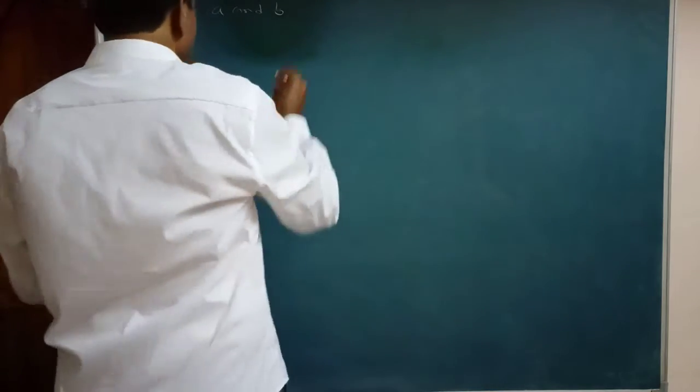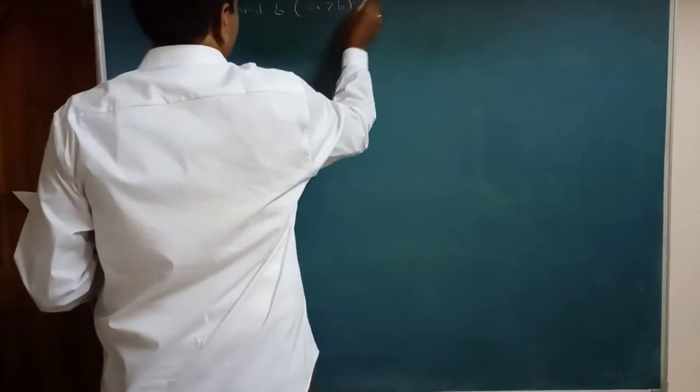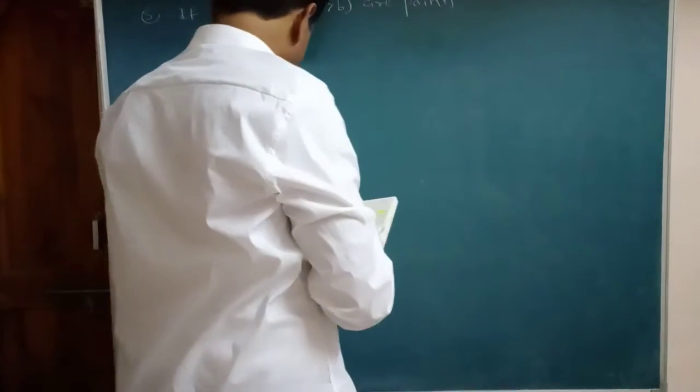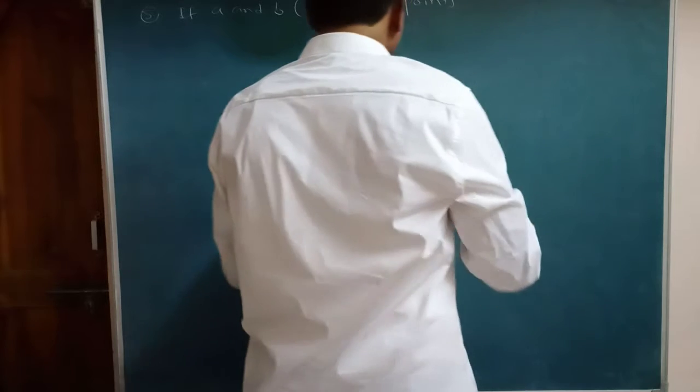Next one. Fifth one. If A and B, A greater than B, are points of discontinuity